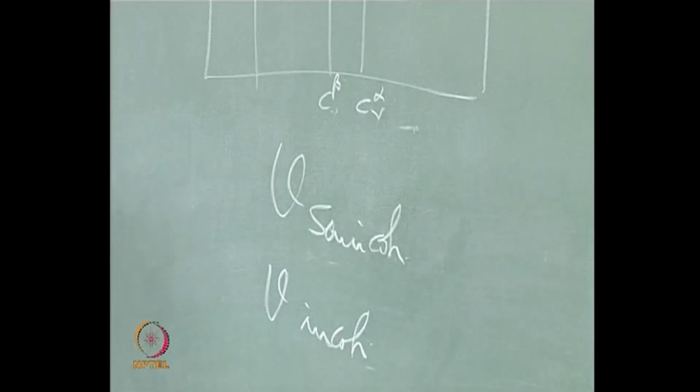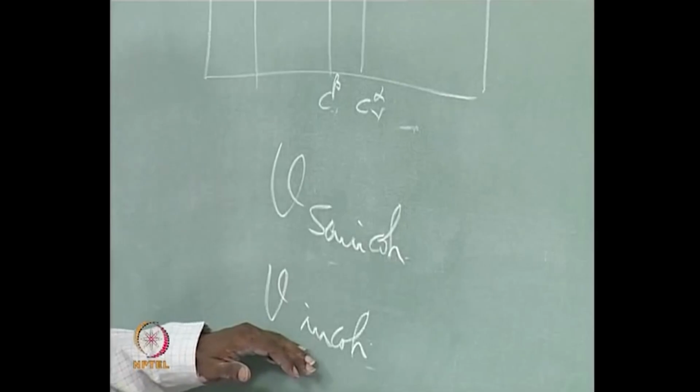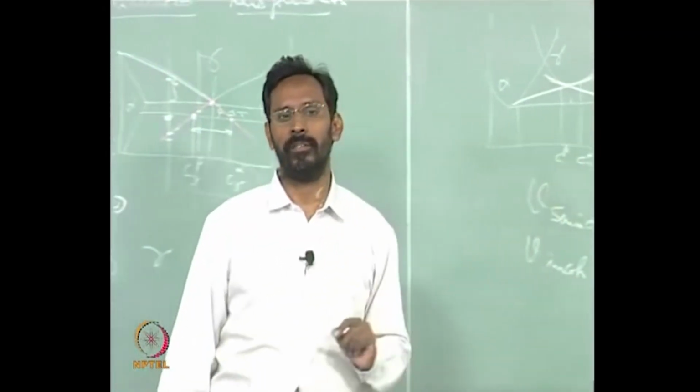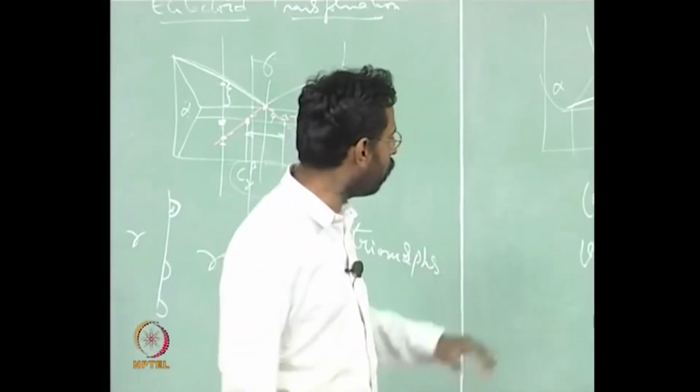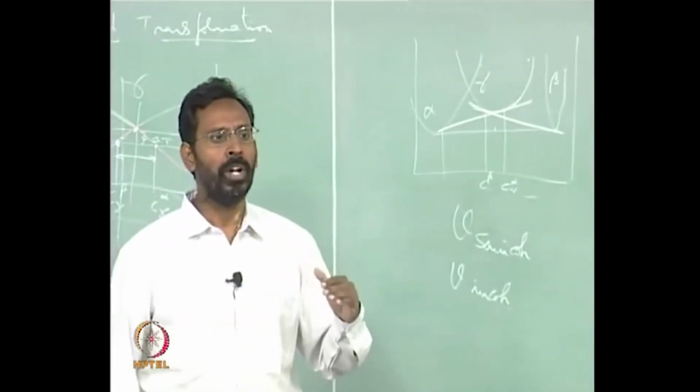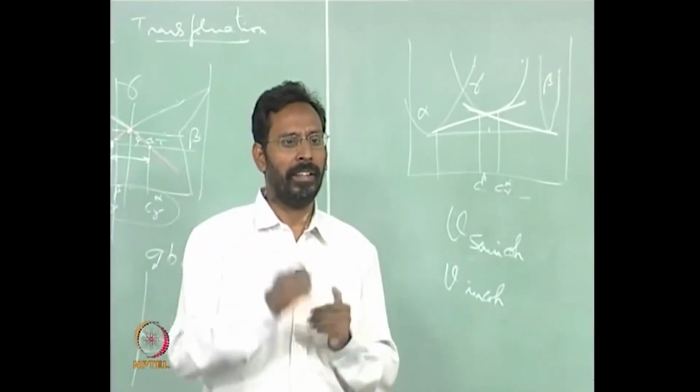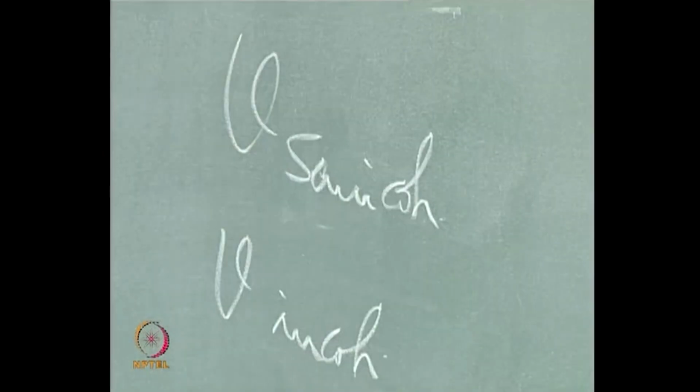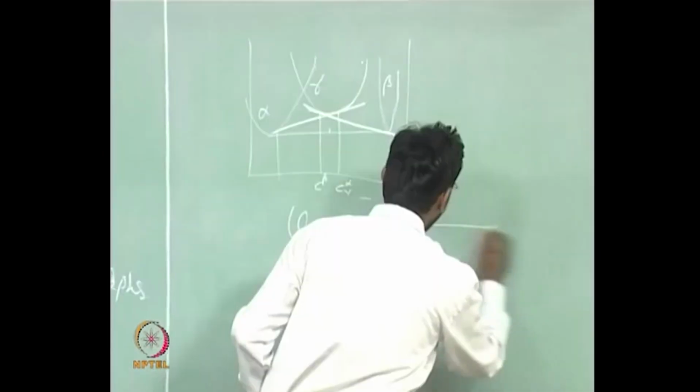But at lower temperatures you will see that the incoherent interface moves faster, because if a semi coherent or a coherent interface has to move, it has to maintain the coherency with the matrix before it grows. So for example, whenever you look at a plate,